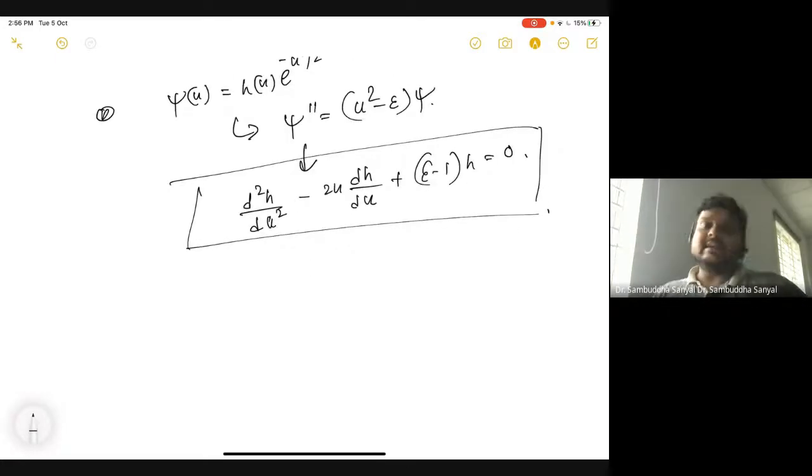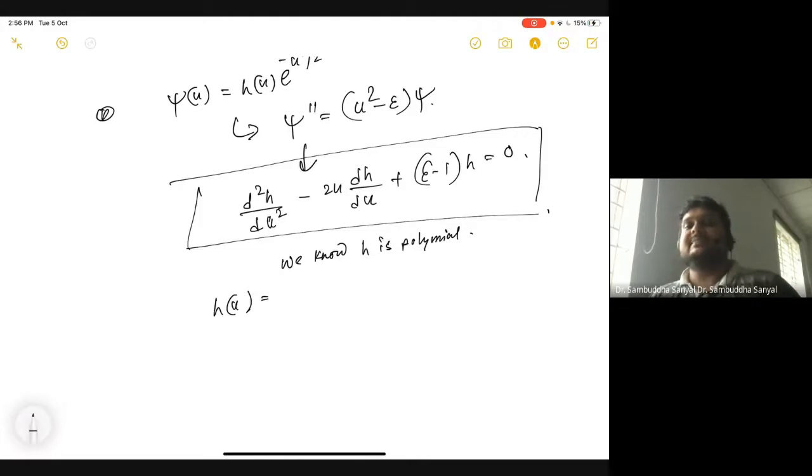Now we argued that H is a polynomial. So we know that from asymptotics. But let's not assume that. Let's land on that. I can also give it a generic series solution structure. Or you can say any nicely behaving function can be expanded in Taylor series. So I can say it is of some form. Or you can just say it is just some infinite series. Need not be a finite order polynomial.